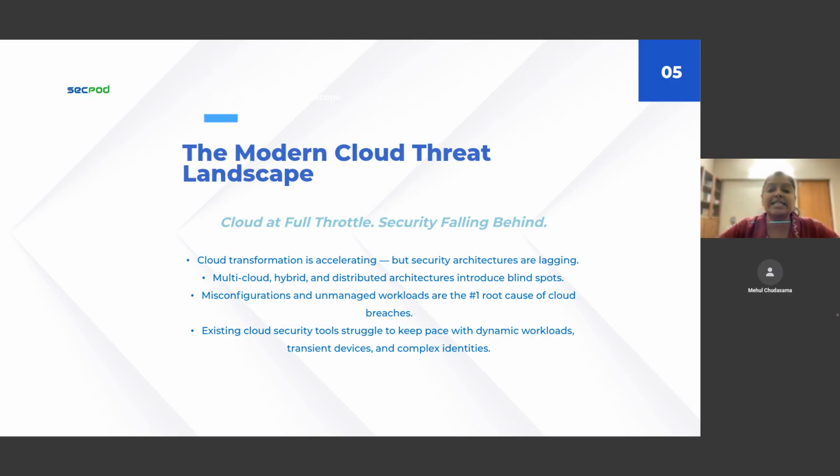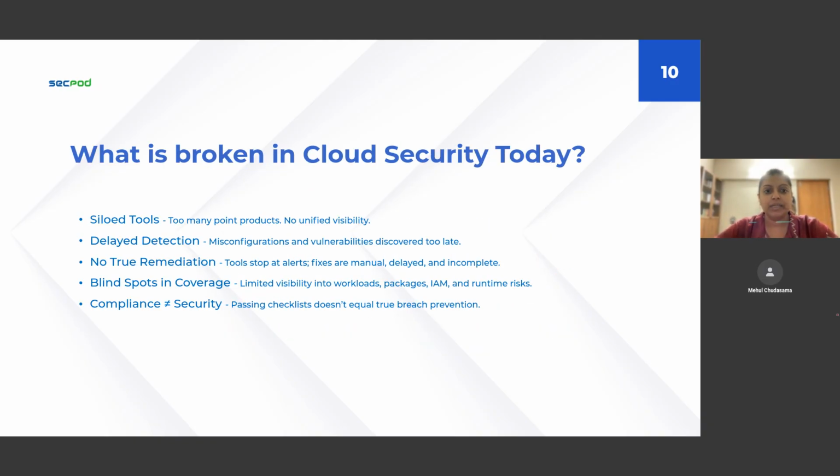And that's exactly where our conversation is going to go today, because that's also where SanerCloud comes into the picture. Over the next few minutes, I'll walk you through what's broken in cloud security today and then show you how SanerCloud is solving that very problem with a truly unified platform. Then my colleague Mehul will come in and take you through exactly how we are solving these problems. Let's dig in for a bit.